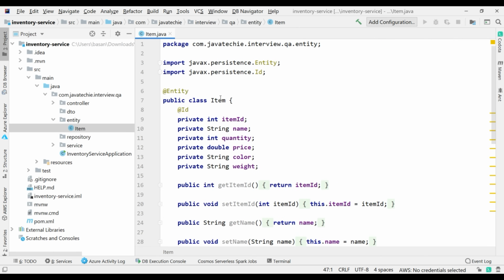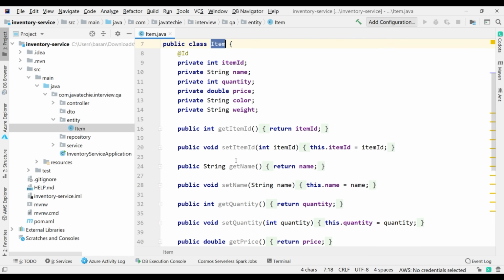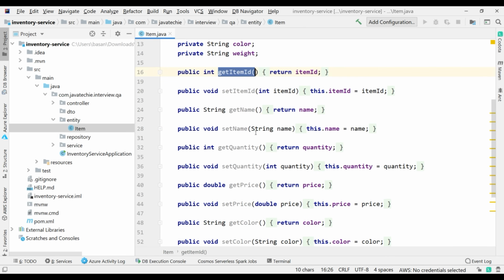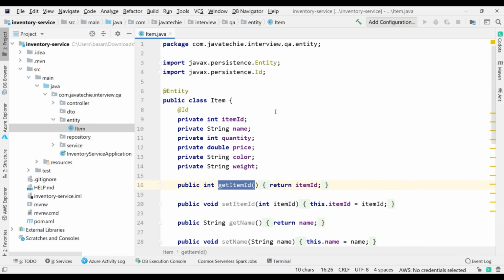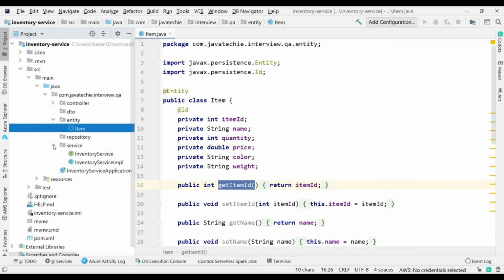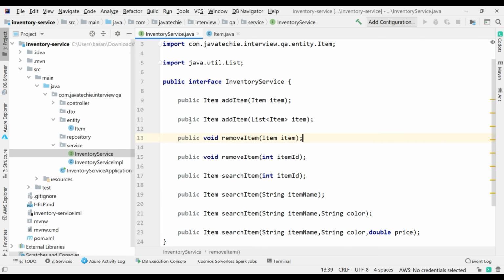Whoever wants to access this item class's attributes needs to create an object of it and call these get methods. We are not providing a constructor here. That's what encapsulation is, right? And the next is inheritance. Usually we follow inheritance in our service or DAO classes. If you go to the service, we have a couple of abstract methods in our service interface,